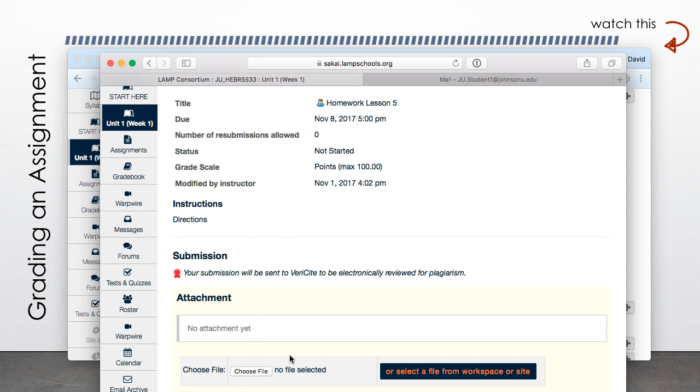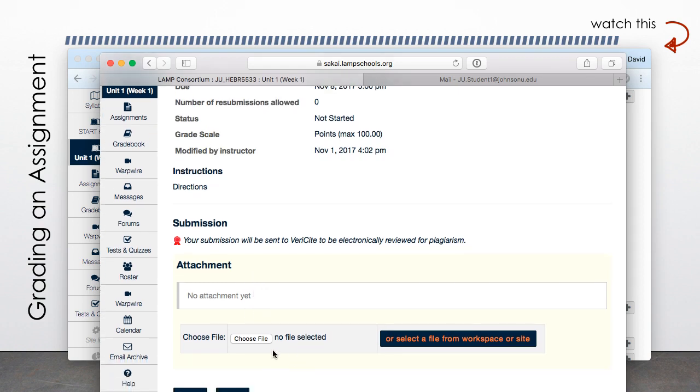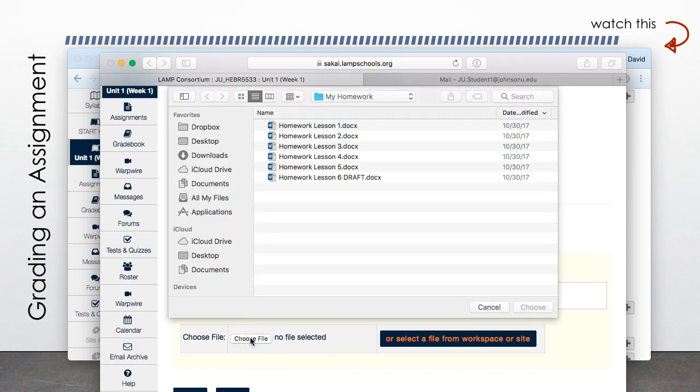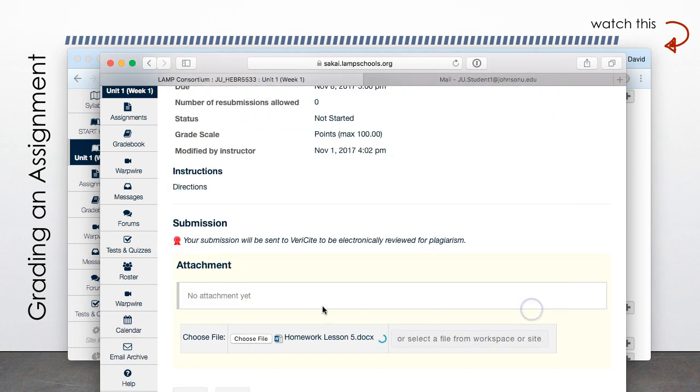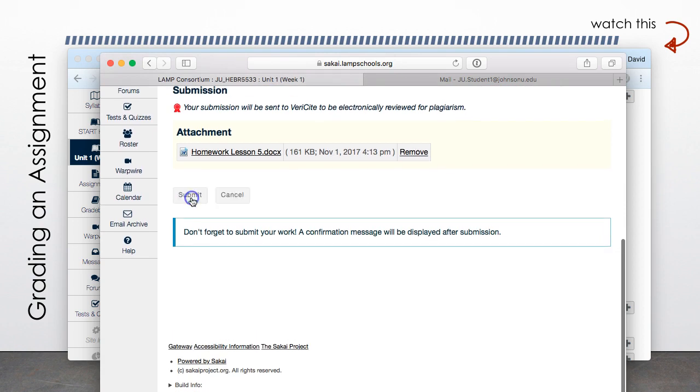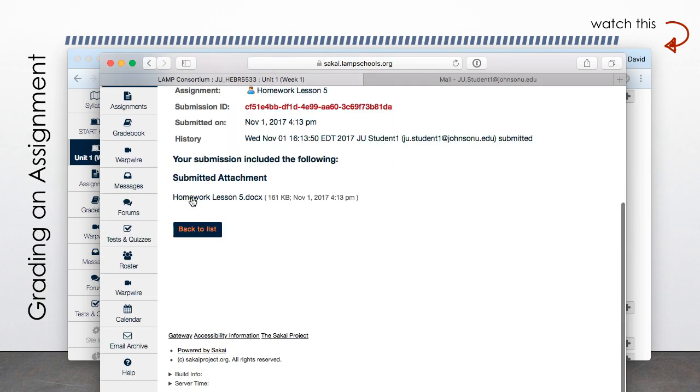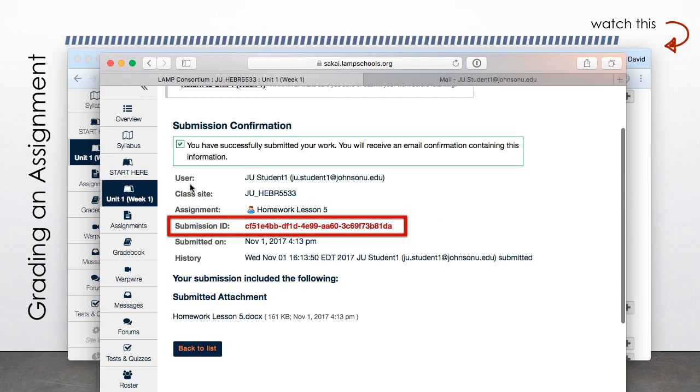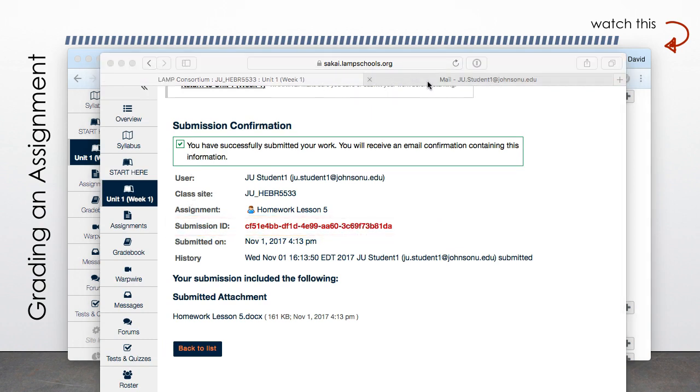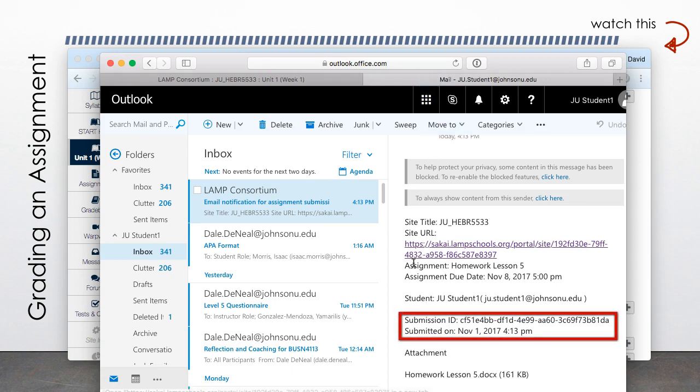As the student, I've already typed up my work and just need to attach it following the directions listed here. I'll do so by selecting the Browse or Choose File button. Select the file from my device and then upload and submit it. Once submitted, the student receives a submission confirmation on the screen with a unique submission ID and similar notification to their university email address, as shown here, indicating which assignment was submitted when, at what time, and what files, if